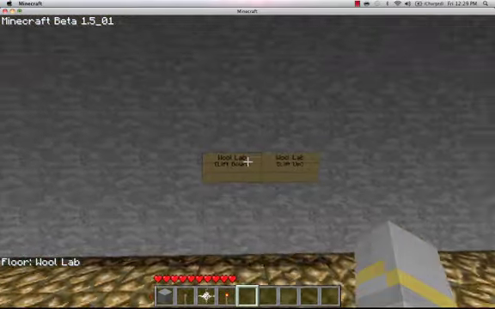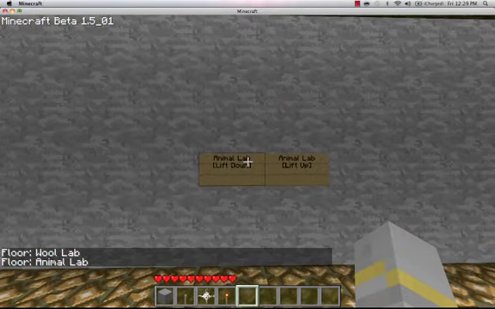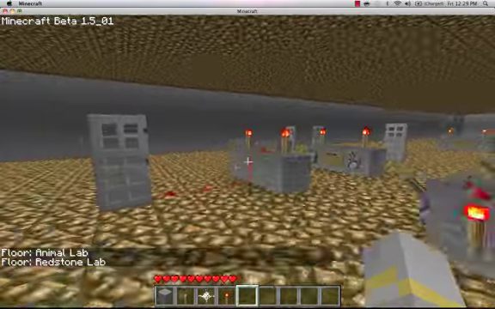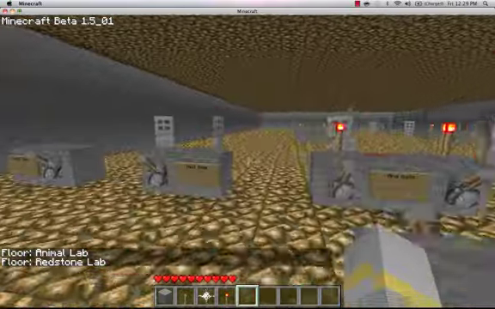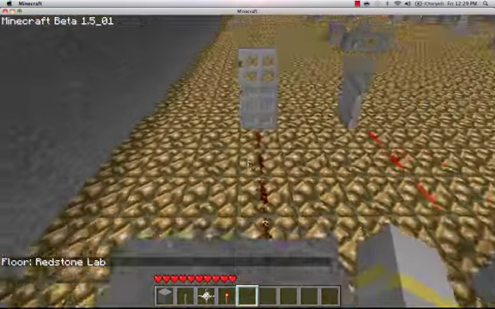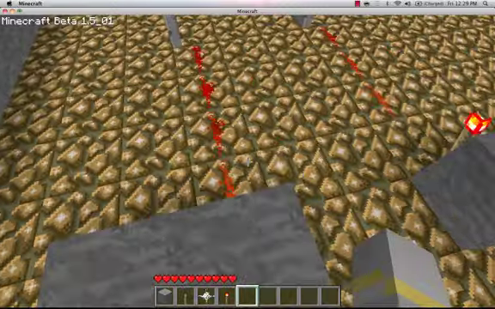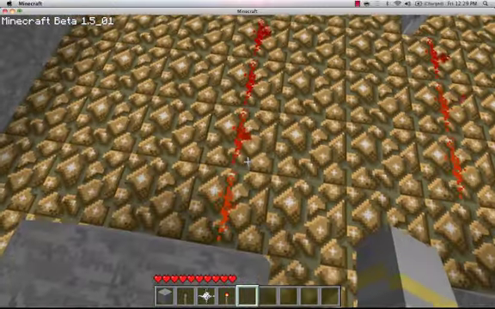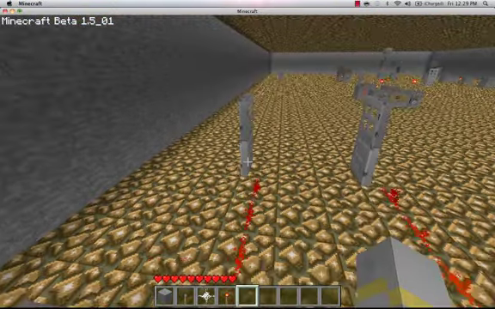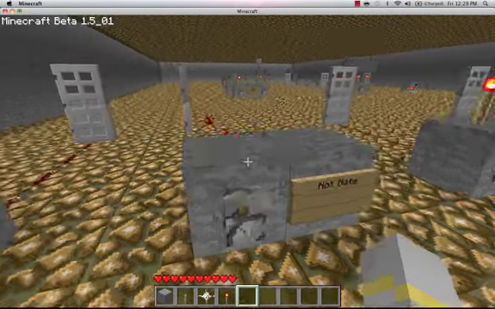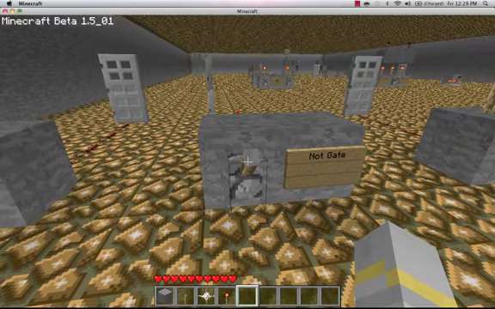Due to popular viewer request, I have this, which is a basic explanation of redstone gates, logic gates. This is your simple input gate: it powers the block, powers the redstone, powers the door, as you can see. Pretty simple stuff. This is the NOT or inverted gate,